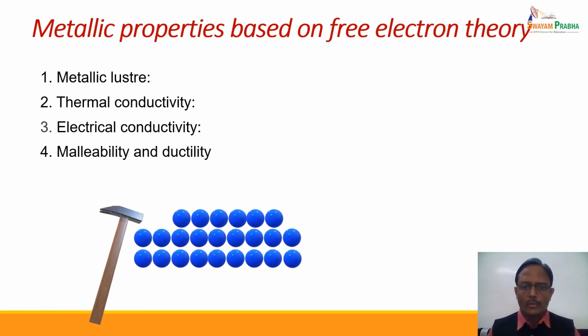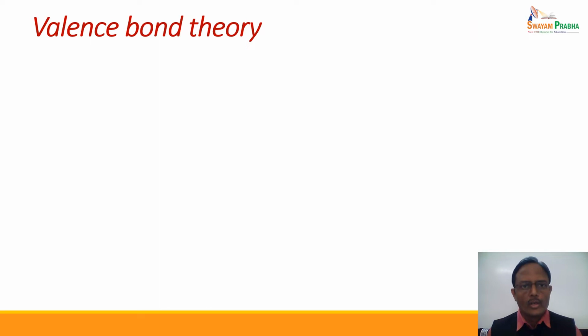It does not break down easily because of the rearrangement of the ions, or the kernels, from the original positions to new positions, and this is possible only because of the non-directional nature of the charge, or the force of attraction, between the positive kernels and the negative electrons which are moving as a cloud over their surface. This is how the free electron theory, or electron sea theory, can explain all the properties of metals.